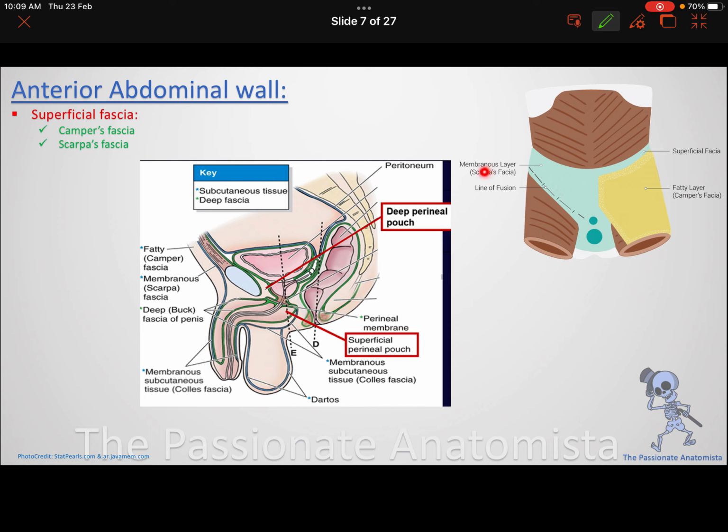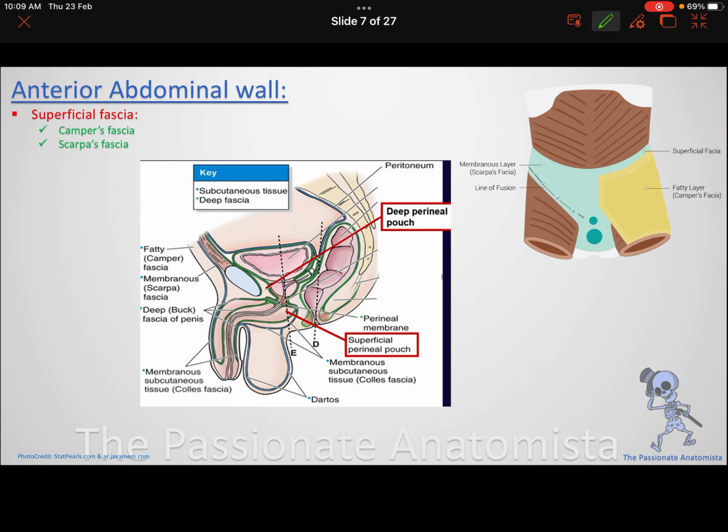All right, now the Scarpa's fascia, as you trace it down, you will find that it's continuous with the membranous layer, with the fascia that envelops the genitalia, and it wraps around the genitalia, and it comes back to get attached to the perineal membrane. So as the Scarpa's fascia gets down, it's continuous with the Buck's fascia of the penis, and it's continuous with the dartos fascia of the scrotum,